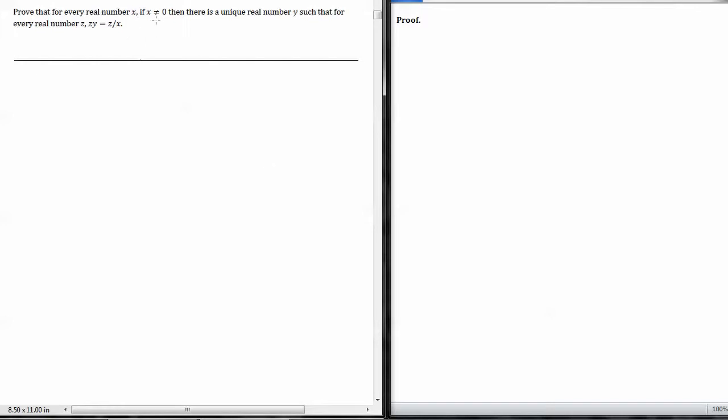So for every real number x, if x is non-zero, then we can find a y such that for every z, this equation is true. Now what does this equation amount to? If we just move the z over x over to the left side of the equation and factor out a z, then we see that the only way this equation can be true is if z is 0 or y equals 1 over x. And we're basically assuming that x is non-zero, so such a value for y exists,